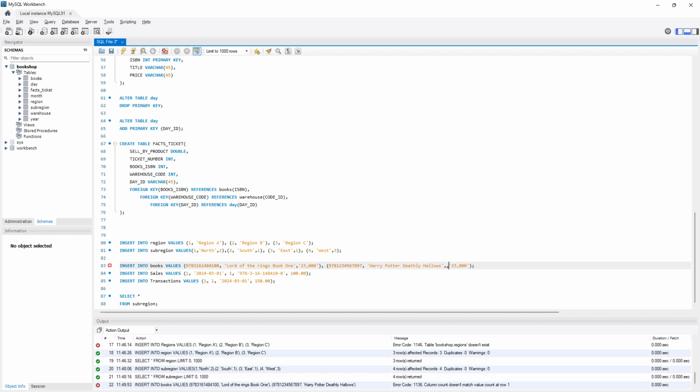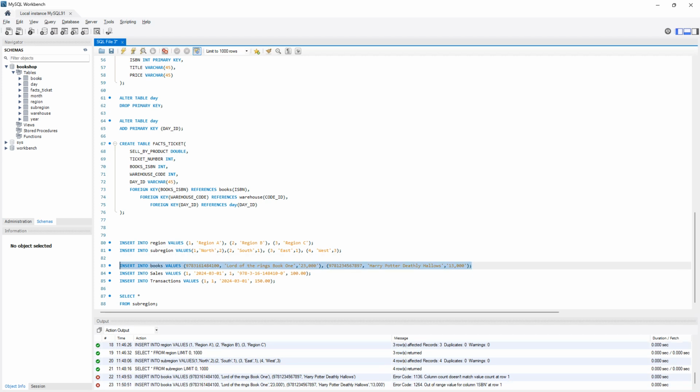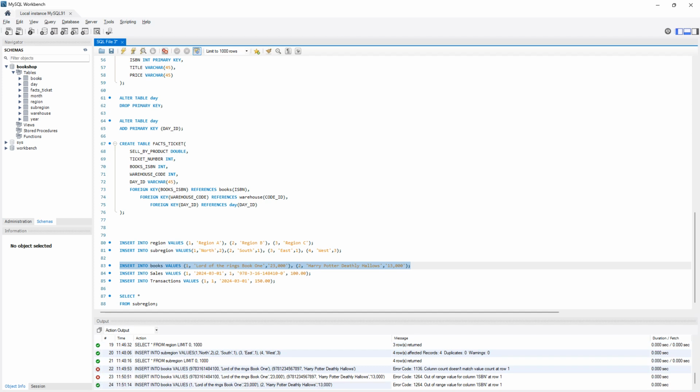I'm going to enter maybe let's just say 13k, and I'll run it now. So it says the value has been out of range. Okay, so I think I'll just enter 1. For this one I'll enter 1, and for this guy I'll enter 2. Although ISBN is supposed to be much larger, that's because I'm entering an integer. So what I need to do is check my books